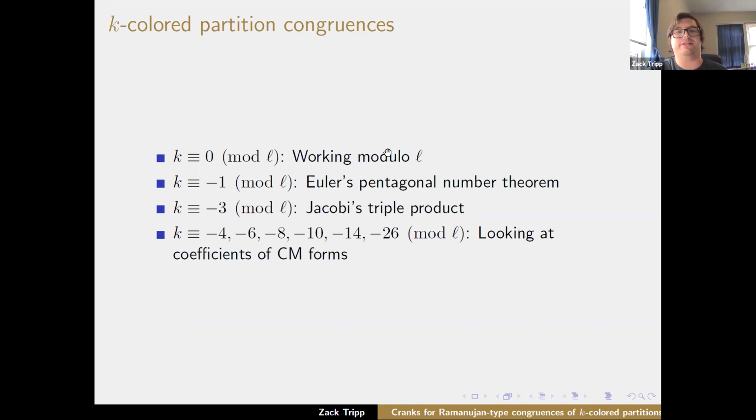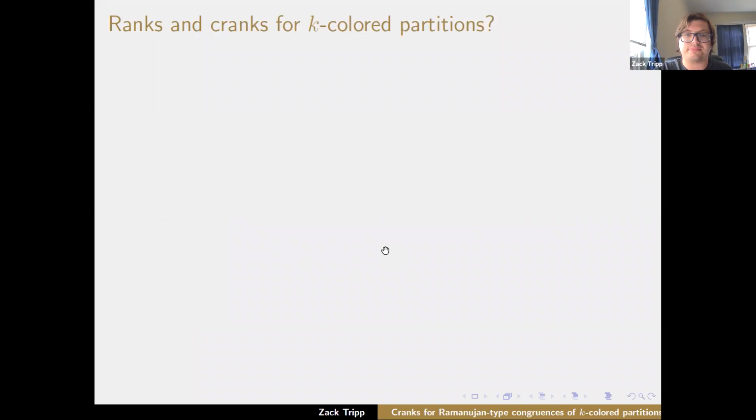The key difference I want to draw between these, especially these two examples and down here, is that here we're using these product-to-sum formulas that are so useful, whereas here we're just using properties of the modular forms. What we're going to do is tie these back to the sum-to-product formulas that Ian was talking about, these McDonald identities, and we'll see how that gives us these new cranks.